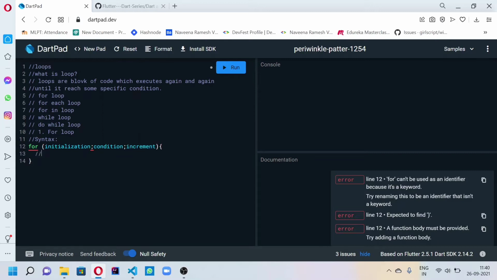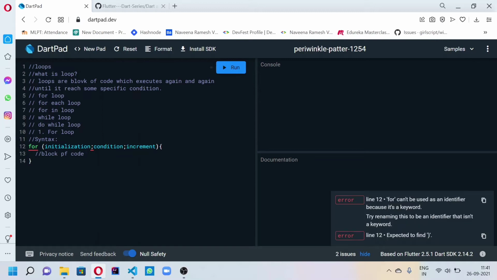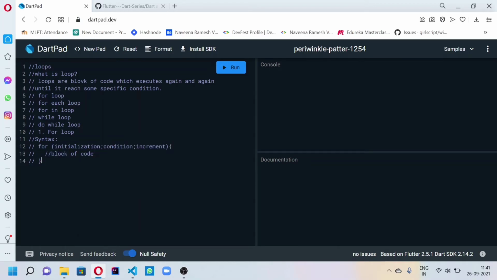Inside this we'll write the block of code. Okay, this is the exact syntax. If you already know Java, you can see it is the same as Java, right? Now I'll show you some examples. First we'll see about the flow, what it will do.